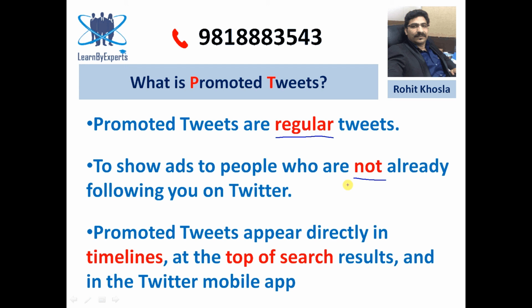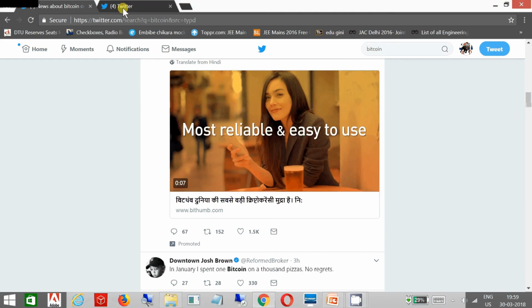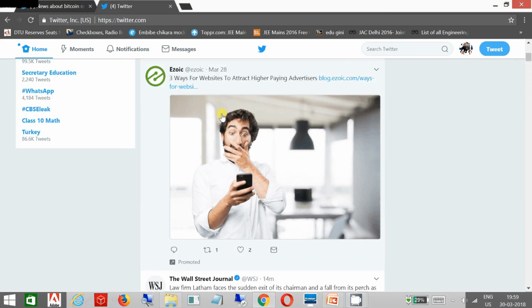Now the question arises: where is the promoted tweet going to be seen? Promoted tweets are going to show on the regular timelines, or maybe on top of the search results. Both ways you can see the results. Now I can show you practically. You can see this is my regular timeline, and in a regular timeline, this is a promoted tweet. So your promoted tweets can be shown on your regular timeline,